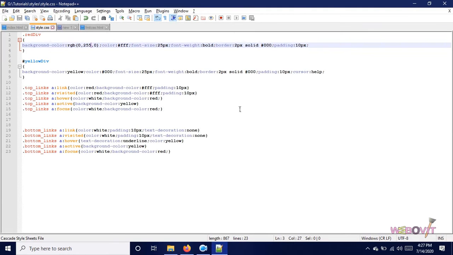Okay, so you could play around, and if you have any color picker like Photoshop or CorelDRAW, there you could directly pick the color, and you could know what the code should be for the red, green and blue to get a desired color. If you don't have graphic editing software like Photoshop or CorelDRAW, you could directly go to Google and pick the color from there. The link is available in the description. You have to follow those videos and you will learn how to choose the color code. Okay, so this is for the RGB mode.